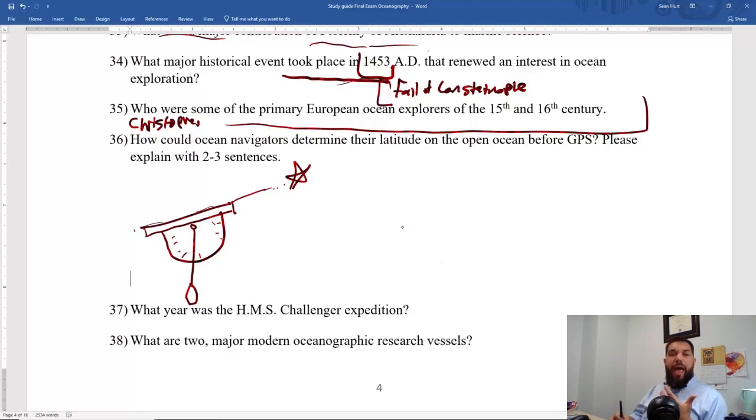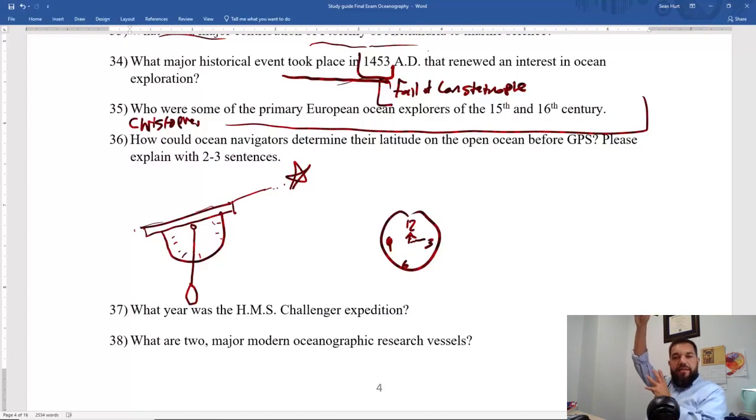Well, you know how time zones work, right? It's the same principle. So they actually used a clock, just a simple clock, but of course it had to be very precise. And what they did is they set it at noon. They set, okay, we're going to sit here in Greenwich, England. We're going to set the clock so that noon is exactly when the sun is at its highest point.